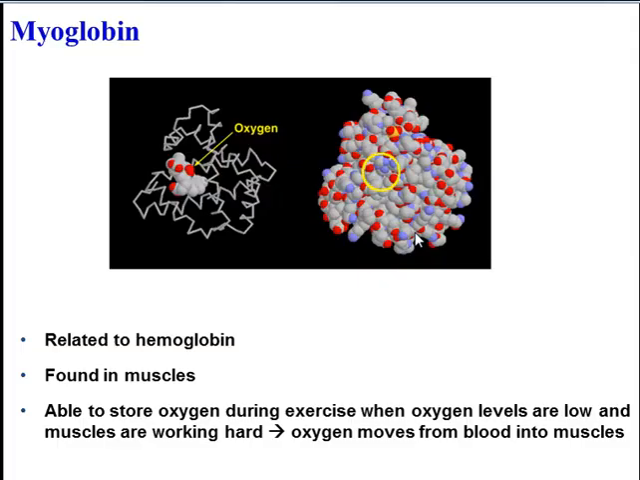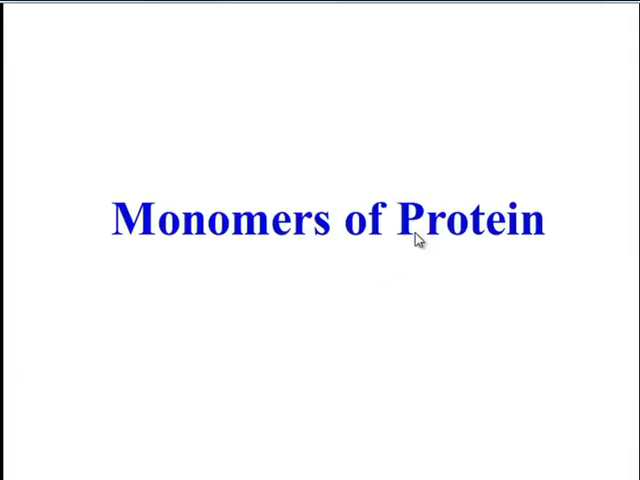For example, if you're exercising, oxygen will move from the blood quickly into the muscles because the muscles contain myoglobin, which can bind the oxygen. And this is often found in high concentrations in people who can hold their breath really long because the myoglobin is serving that function. So now that we have seen the different types of proteins, let's take a look at